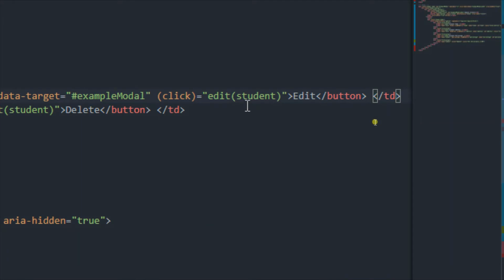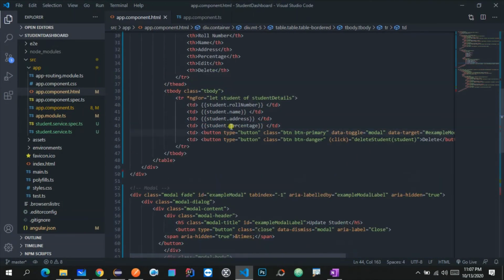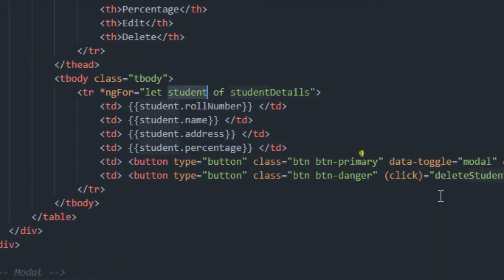Over here we have used the ng-for, and inside it we take this student. Student details is an array, so we iterate that array, and for every iteration there will be a student object, the student variable which holds all the values, and that particular selected student we pass to the edit function.